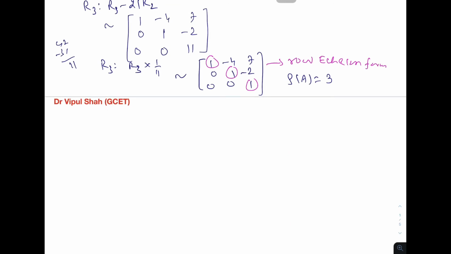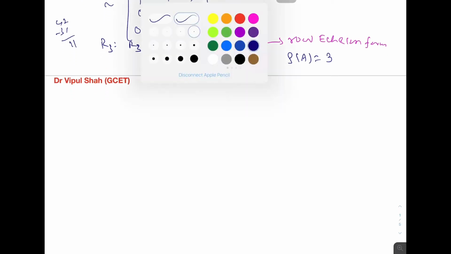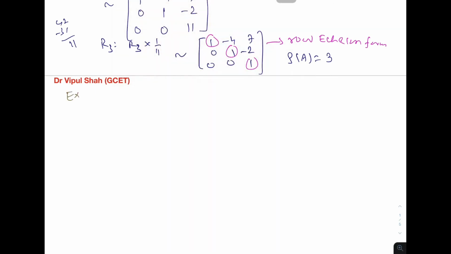Okay, next let us see the rank of a matrix, and this was asked in winter 2018. So let us solve the example which was asked in GTU winter 2018. The question is: reduce matrix A equal to